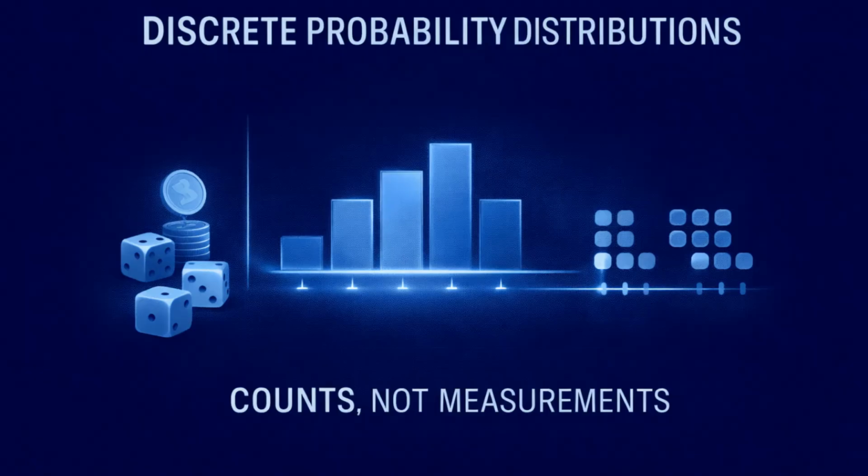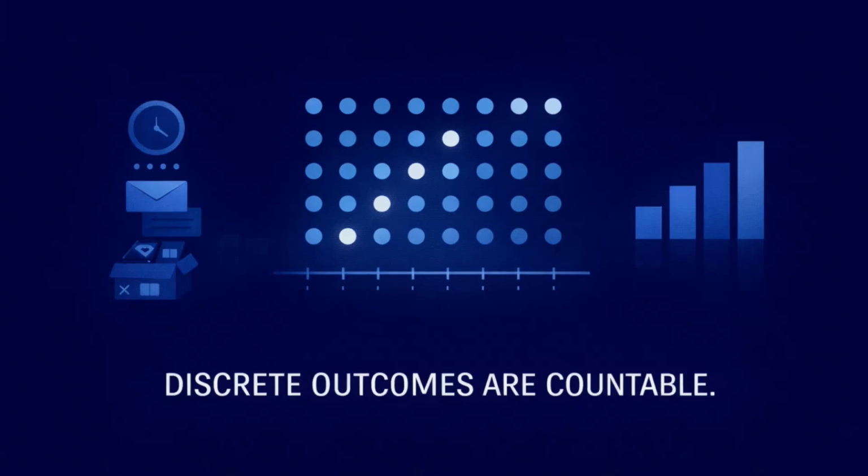Let's start with discrete probability distributions. Discrete probability distributions exist because sometimes outcomes are countable and separate, and we already know how often different outcomes occur. These are not measurements like time or height. These are counts. When we use a discrete probability distribution, we are organizing known probabilities so we can answer questions